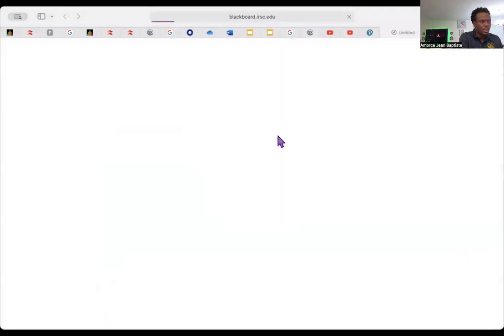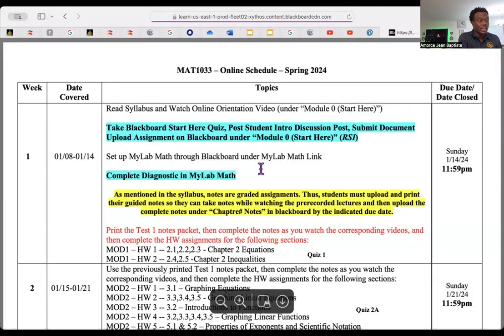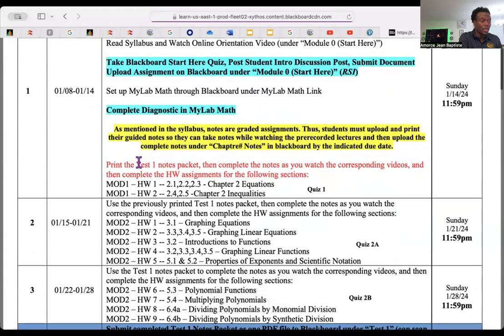Schedule of activity. I want to show you here where it says print. You should print the test 1 note packet. It should be printed because your notes are also graded.